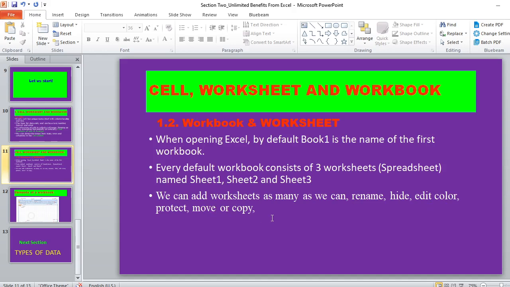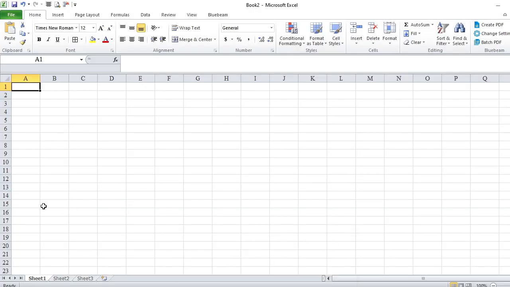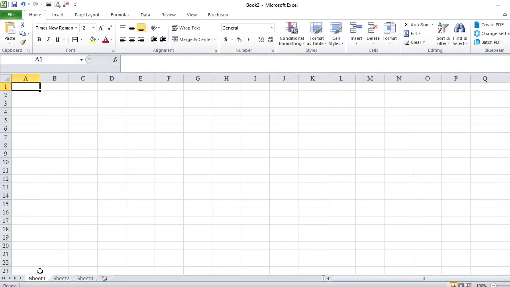So let us see how we manipulate the worksheet. These are the most important components of this training. These are the workbook and worksheets. So what can we do with them? Look here, we can rename it. How? Just right click on the worksheet that you want to manipulate. Here are the options that will come up. Let's see what each of them does.